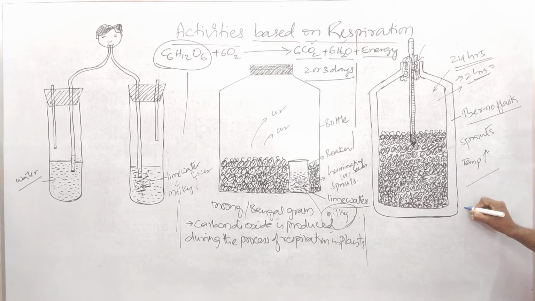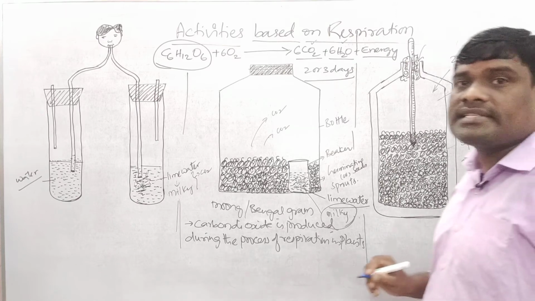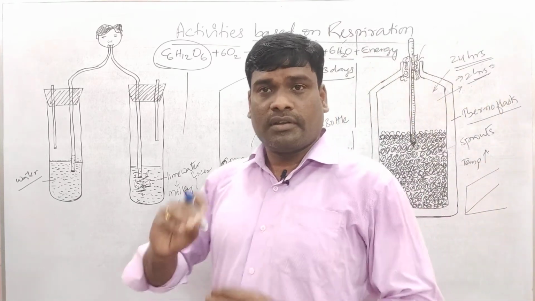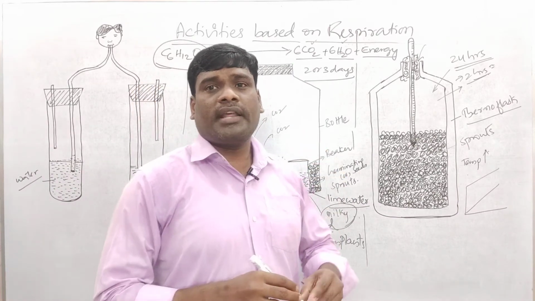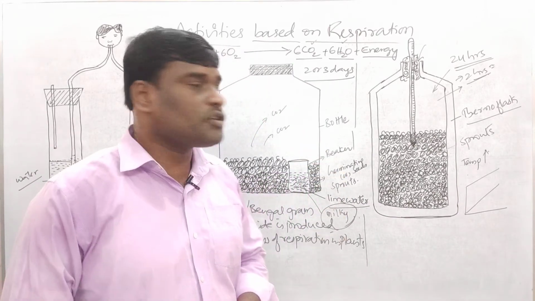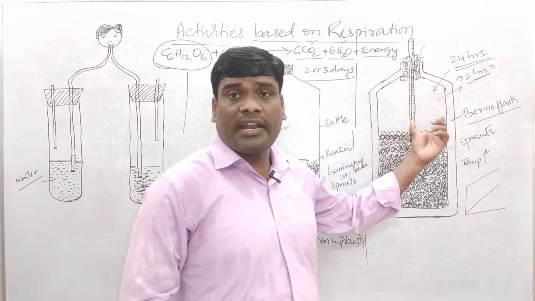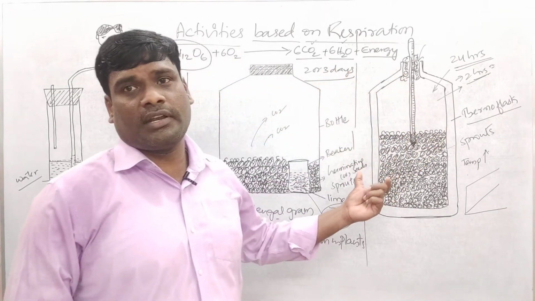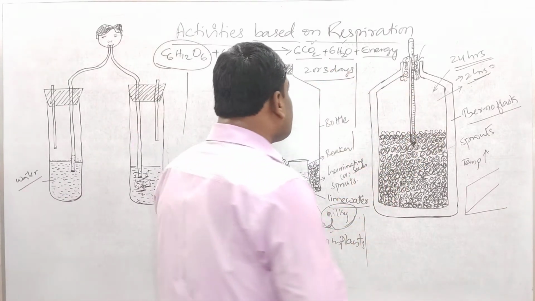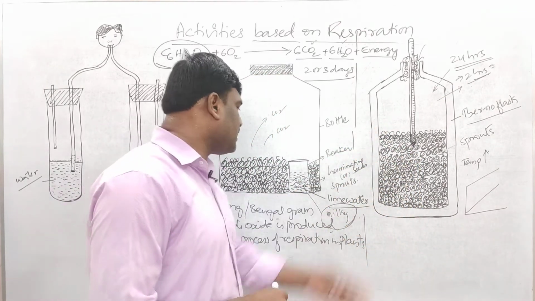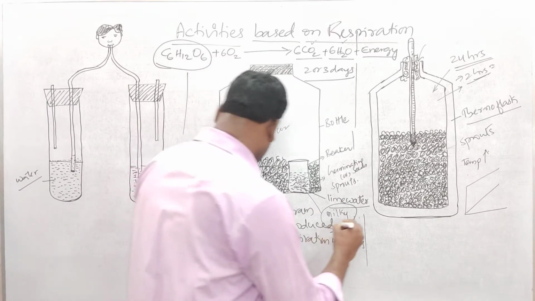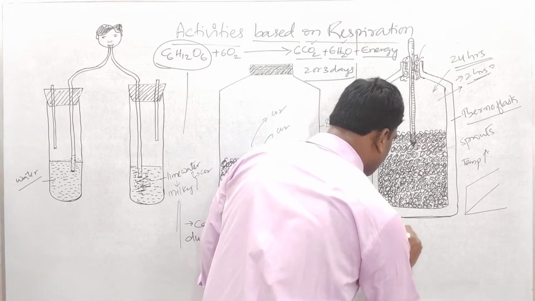So if you make a graph, children, you can see there is an increase in the temperature slowly, gradually. So this shows that during the process of respiration, heat is liberated during this process, children. Okay, so what have we proved by this activity? By this activity, we have proved that heat is liberated